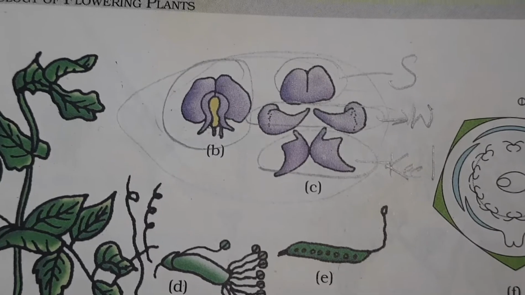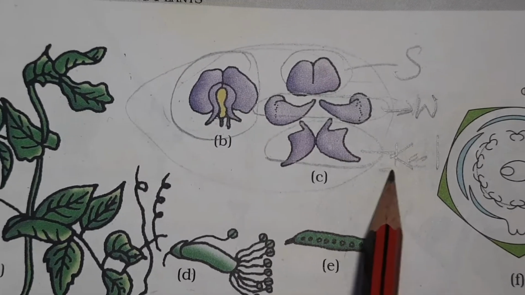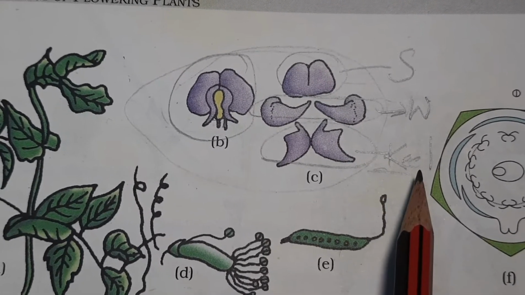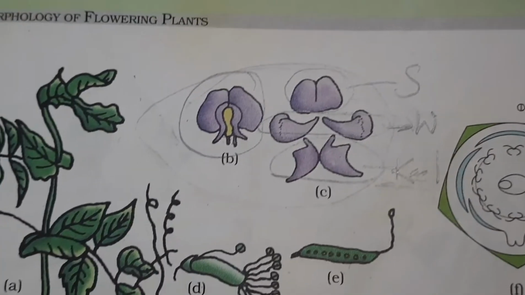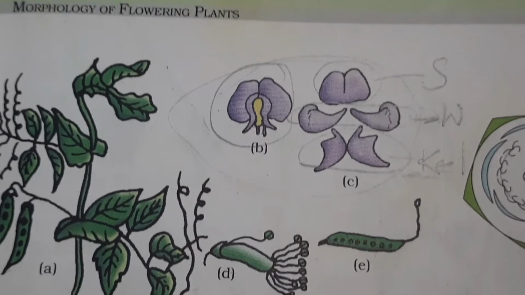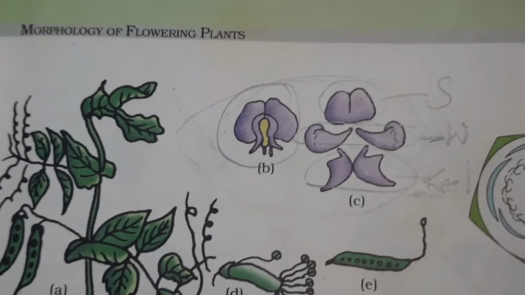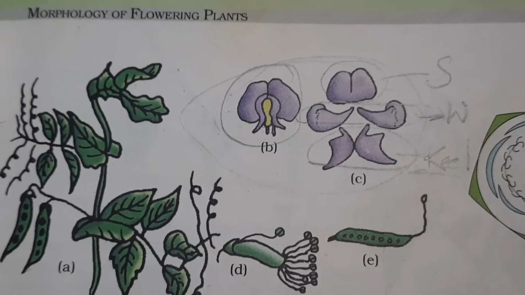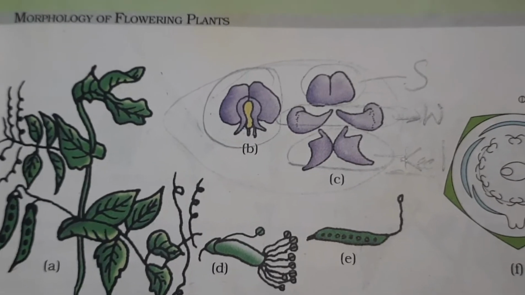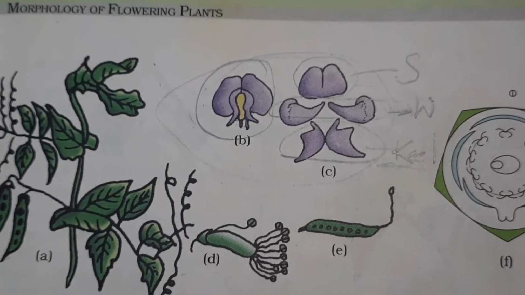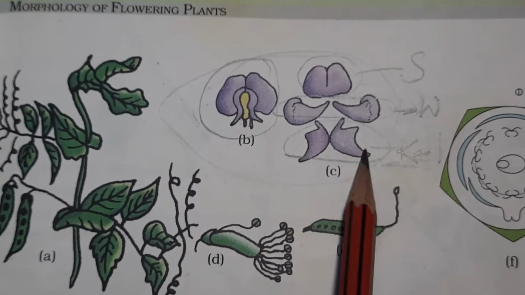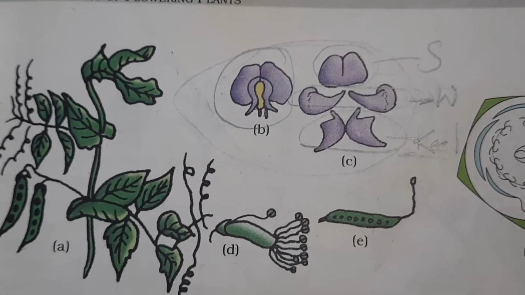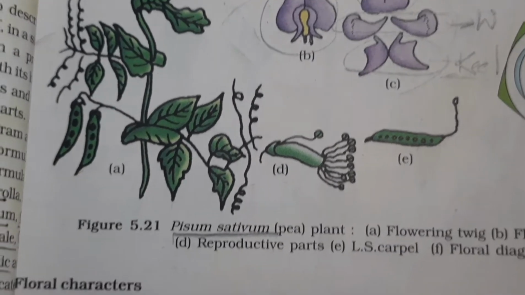So the 2 petals of the keel actually get united to close the reproductive parts of the flower. That's why the pea flower is a cleistogamous flower. So its gynoecium and androecium are close together in this petal. Okay, so let's check the floral formula now.